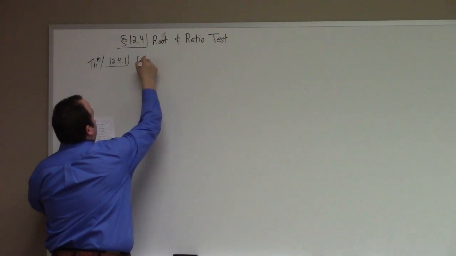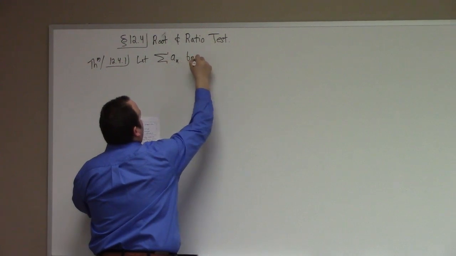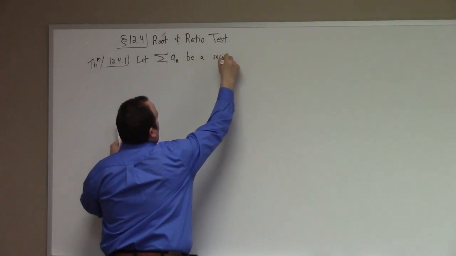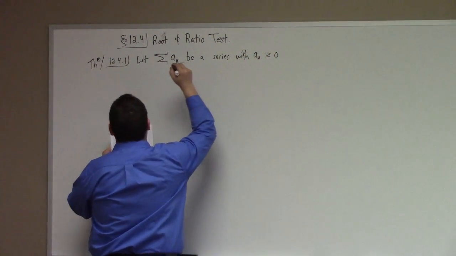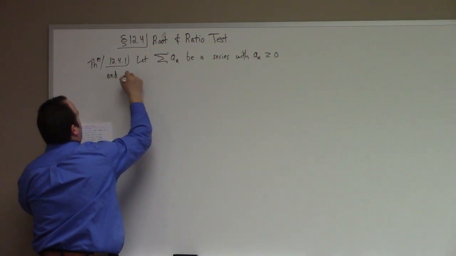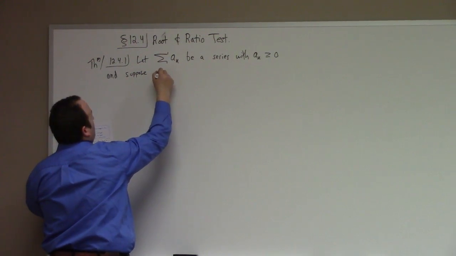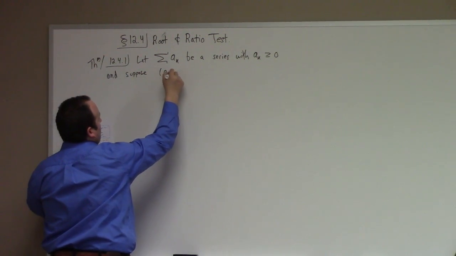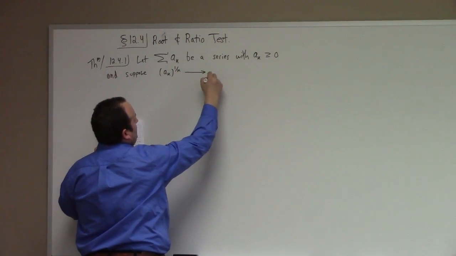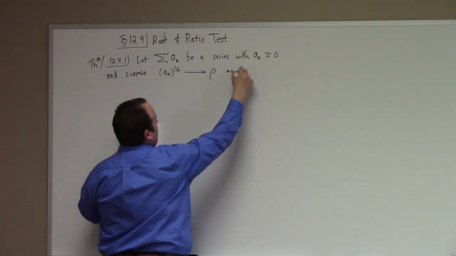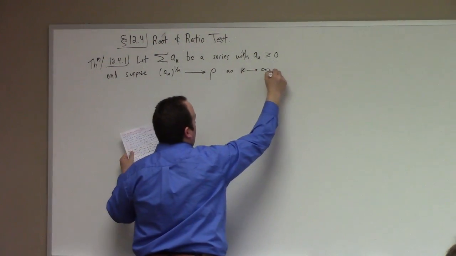Let a sub k be a series with non-negative terms, and suppose the kth root of a sub k goes to rho as k goes to infinity. Right? Then,